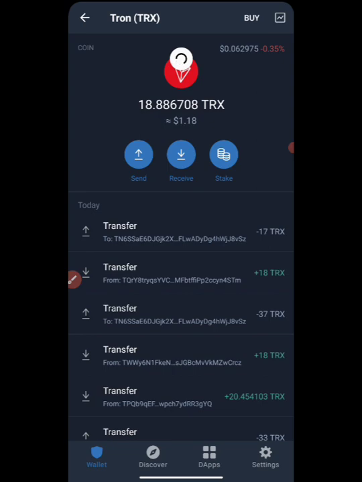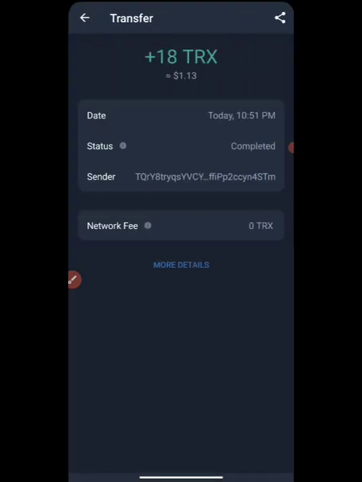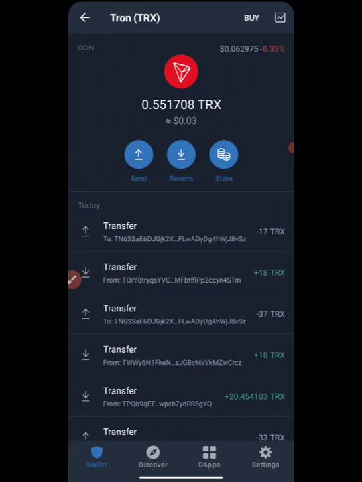But I wanted to wait for him to withdraw this again. You can see he withdrew this again. We're having the balance right here. This is 10:51, and this is out again at 10:52, just a minute. And this is automatic withdraw directly. So if you log into this platform, you are going to see it just like this. Just find your TRX, locate it, and once you locate it, you're going to see that on this. Do not try to deposit TRX into this platform, because if you deposit, it is going to get withdrawn. You can't withdraw it on your own, and it's going to withdraw directly and automatically from their side. So that is basically what you need to know about this platform right now.